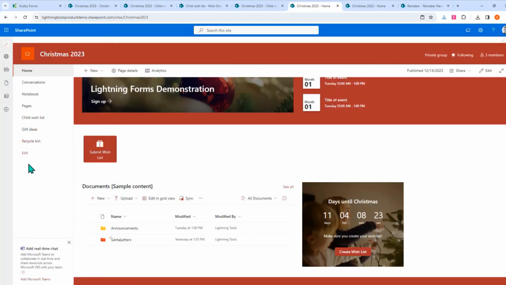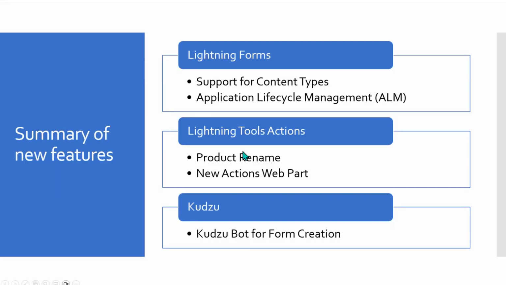So we'll just introduce some of the different changes that we've introduced in the product, and then we'll go through and show you how we can build out some of those action buttons as well. First of all, some of the new features that we're pushing out: one of them is we now have support for content types, which I'm about to show you. We've also got application lifecycle management, so version control of our forms,